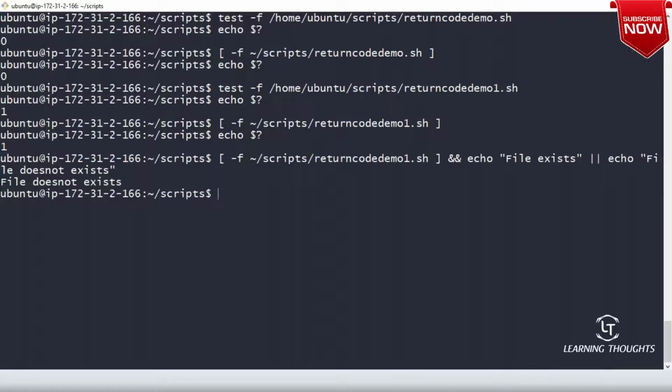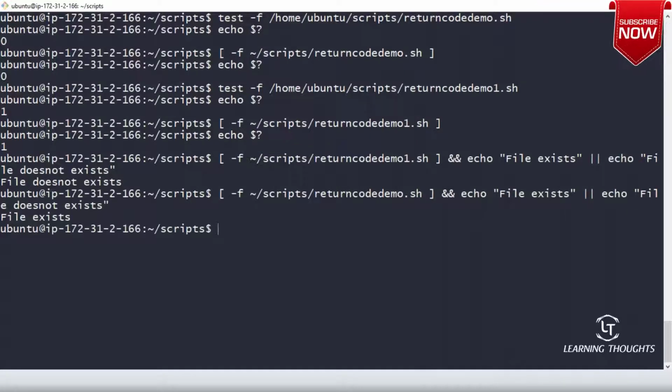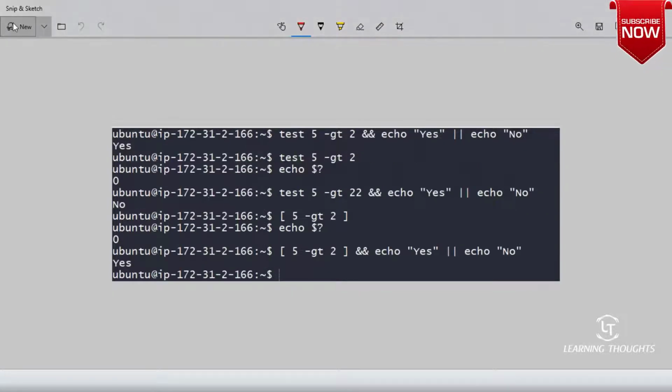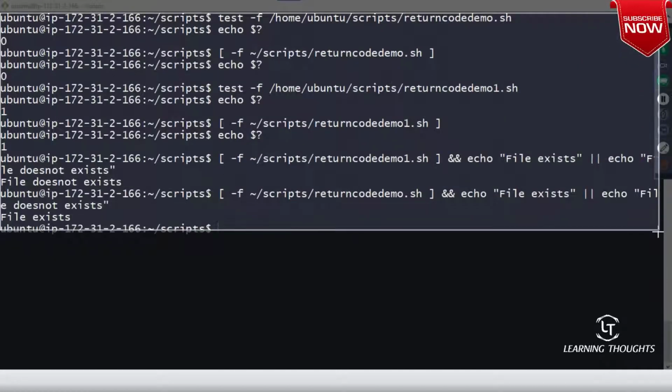Am I clear on this? And let me try to write the positive statement. Return code demo.sh file exists. Am I clear on this, sir? So in shell script, you would see people doing this: file found, file not found, and all of that stuff. Is it making sense, sir?